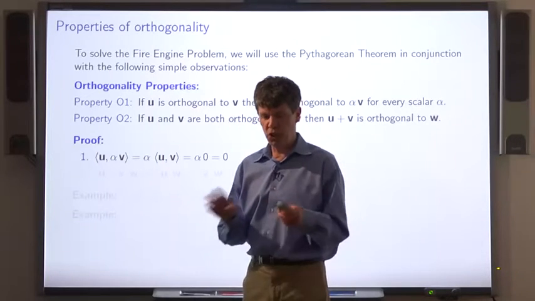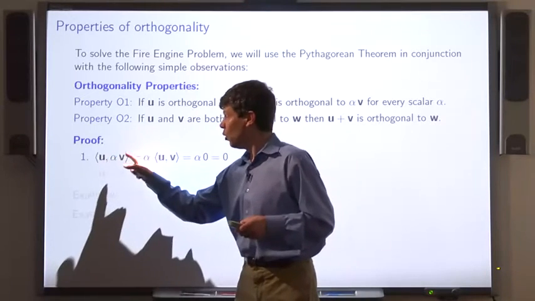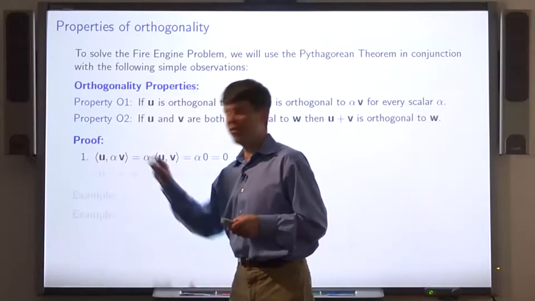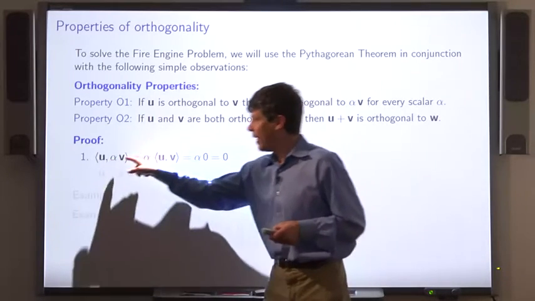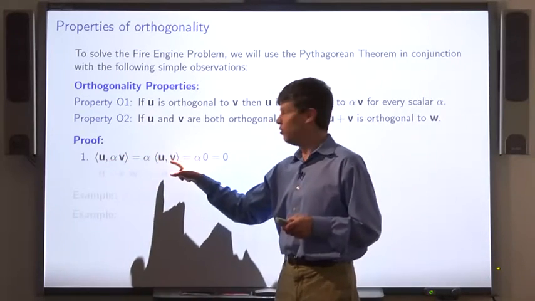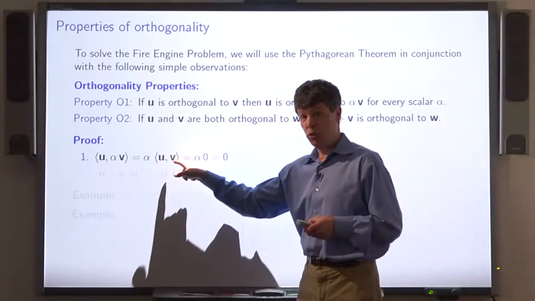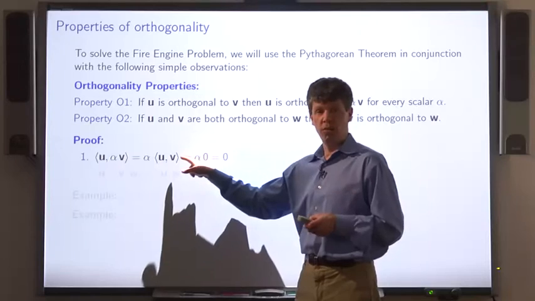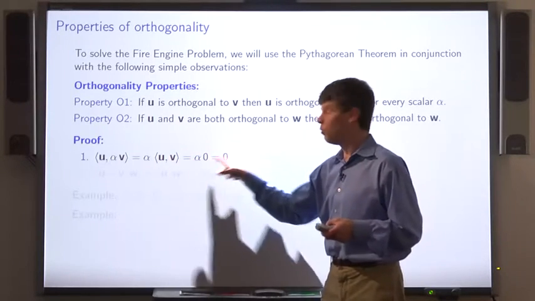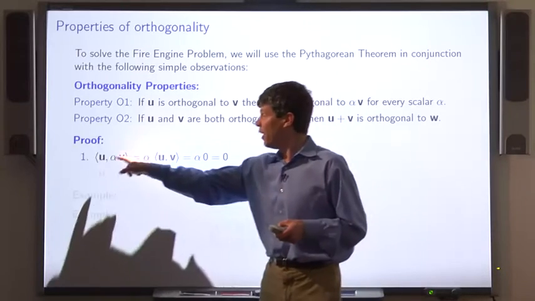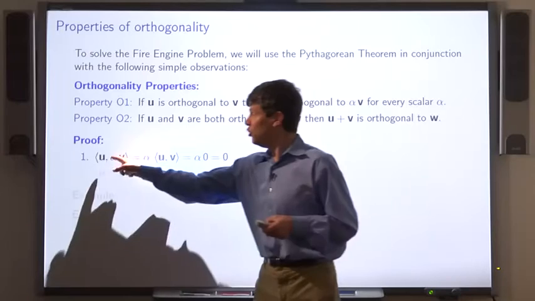Okay, so we assume that u and v are orthogonal. What's the inner product of u with a scalar multiple alpha times v? The inner product can be rewritten as alpha times the inner product of u with v. We've just factored out an alpha. Now, the inner product of u with v is 0 because u and v are assumed to be orthogonal. So we have alpha times 0, which is 0. So that shows that the inner product of u with alpha v is 0,